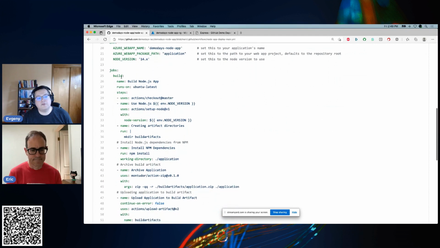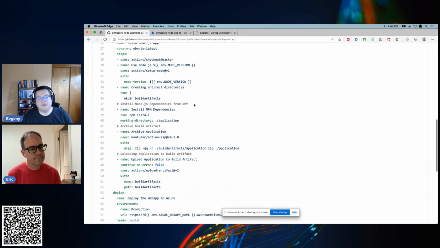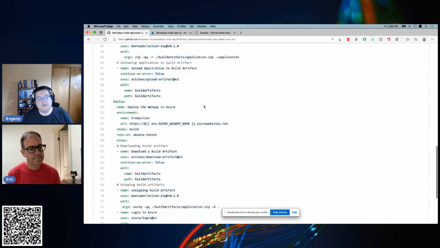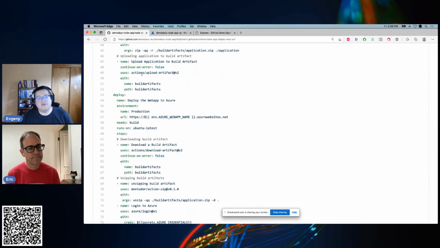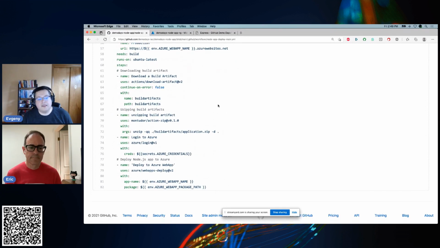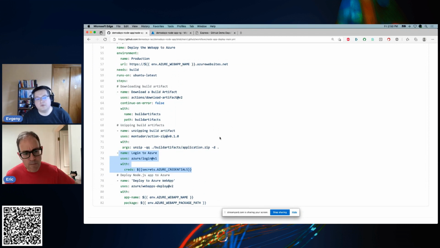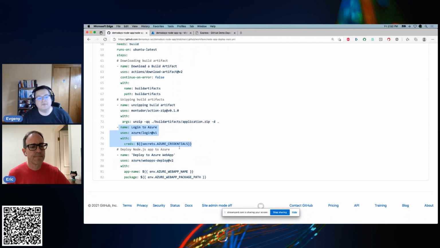And so it's going through, it's building the Node.js app. It's assuming that you made a change to the app, so it needs to rebuild it, reinstalling the dependencies. And then it's packaging all that up and creating this deployment artifact for us. And then at the end of it all, we are again doing our login into Azure, because this is a completely separate session and completely separate run from our infrastructure provisioning, right? This could be happening at a different frequency, different time. And so we're logging into Azure, and then we're deploying using this web apps deploy action from Azure.